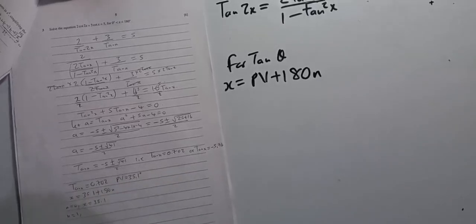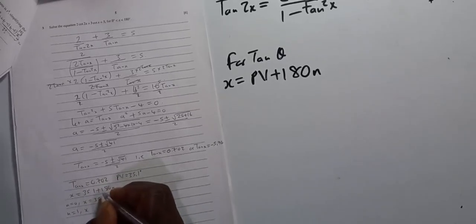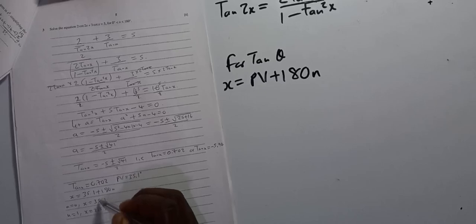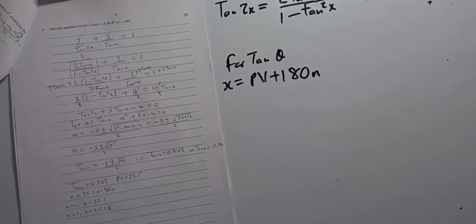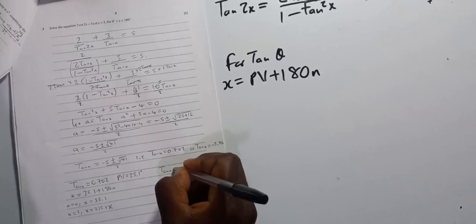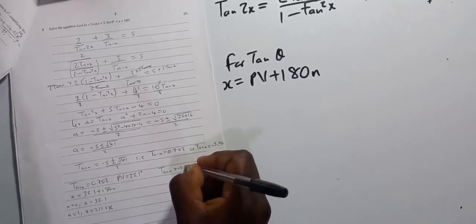For n equals 1, this becomes 180 plus 35, so we get x equals 180 plus 35, which will be 215.1. So x equals 215.1, which is out of the range, so we discard it. It means in the range 0 to 180, we only have x equals 35.1 as our solution. So we move on to the next equation, which is tan x equals minus 5.70,